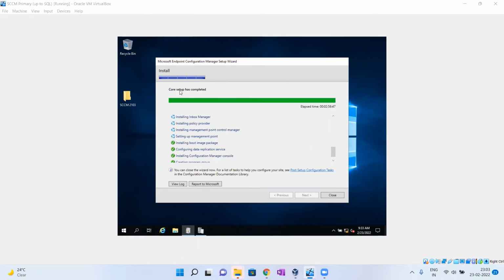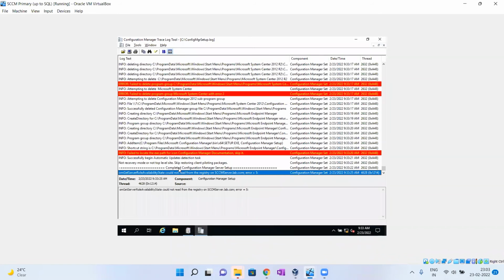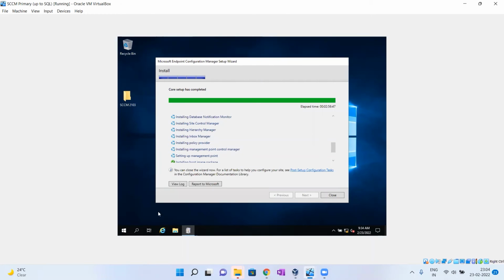Now core setup installation has completed. But still some components are installing. Here you see Configuration Manager setup completed, but we still need to wait because components are running.